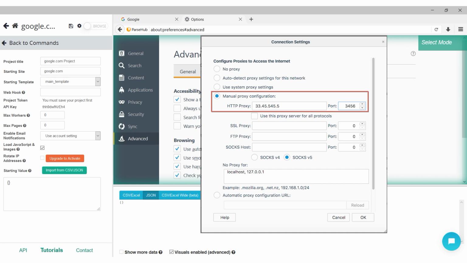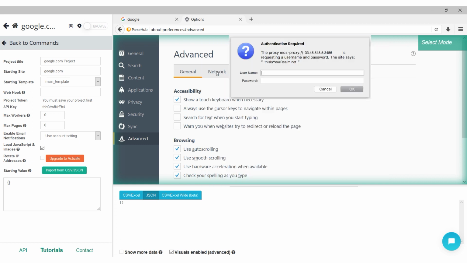If you are using a personal proxy, a window will appear on the right side of the screen, prompting you to enter your username and password. Enter your login details and click OK. That's it! The proxy is now set, and the created profile will use the proxy you just configured when working